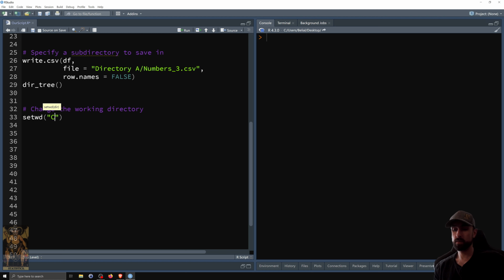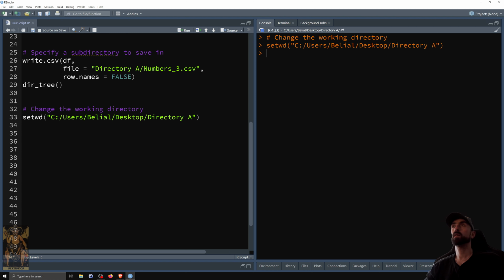So we could say c:/users/Belial/desktop, and then give it the last directory A. So as soon as we run this, what you'll see is that will change. So you can see now it's changed, and we can then just save our CSV file